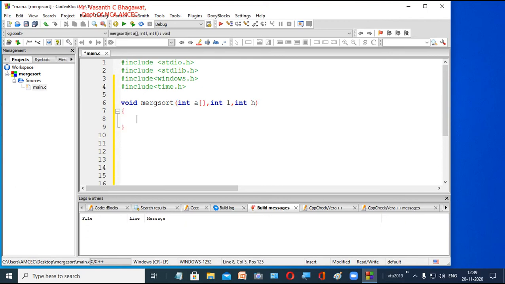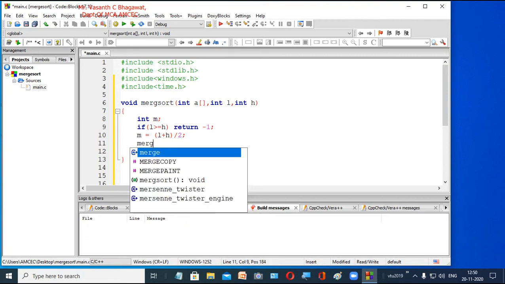Now we want to find the midpoint, so we need another variable mid, you can write it as mid, no problem. So we declare this variable. Since it is a recursion program, we need a base case, that is the termination condition. What will be your termination condition? If low is greater than or equal to high. Our low pointer should always be less. If it is greater, you stop your program, so we say return. Now you calculate the midpoint: mid equal to low plus high divided by 2. So now we have obtained the midpoint of our array.